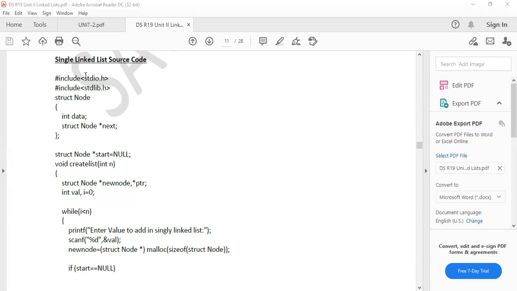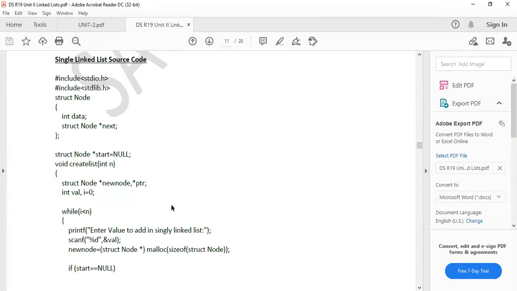First of all, see the header file stdio.h, standard input output, that is okay. Now the second header file, see stdlib. What is the meaning of stdlib.h? Standard library. Why are we using this header file in this program? Because we are using malloc functions. What is the use of malloc functions?